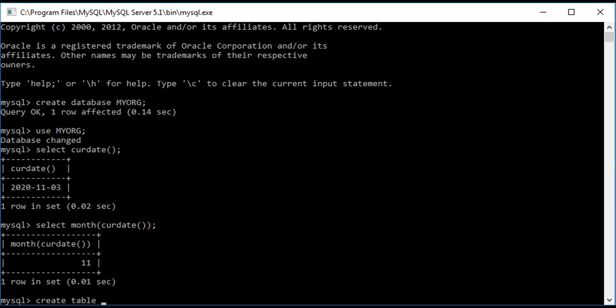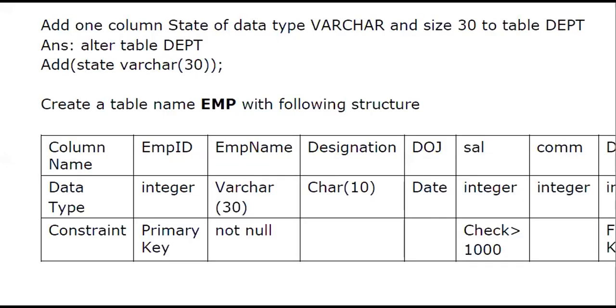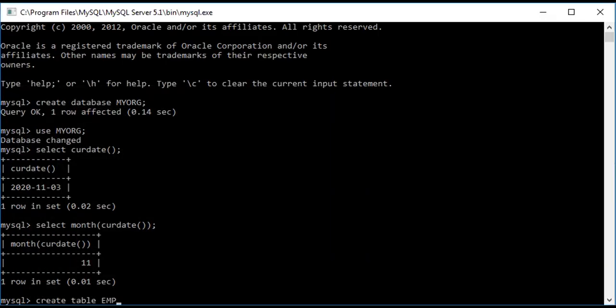Create table. Name of the table is emp, and what all columns do we want. First column is emp id, integer, primary key. emp id int primary key, comma.